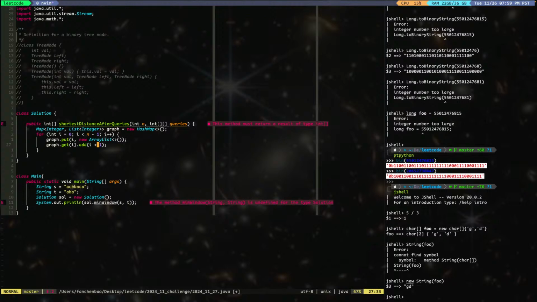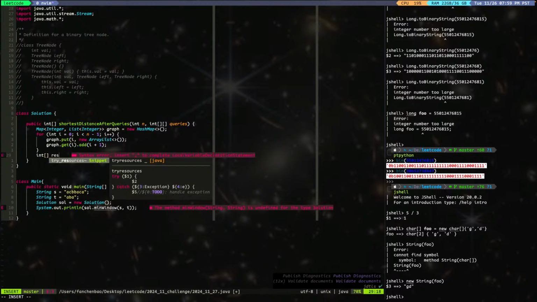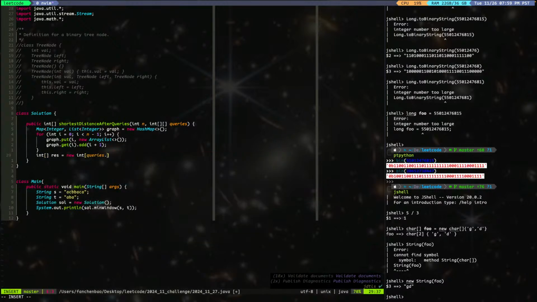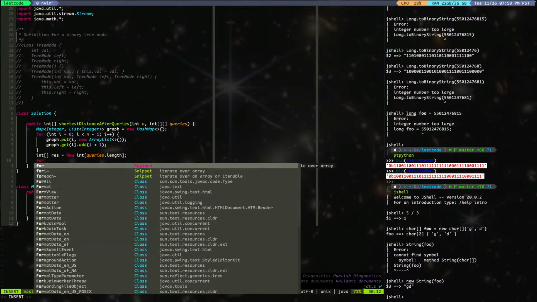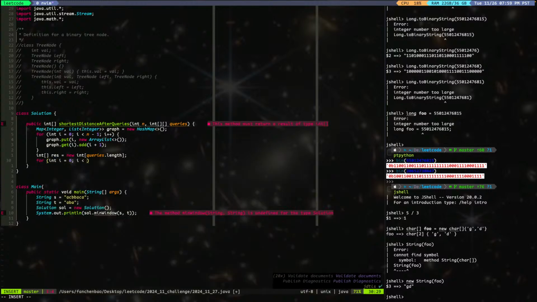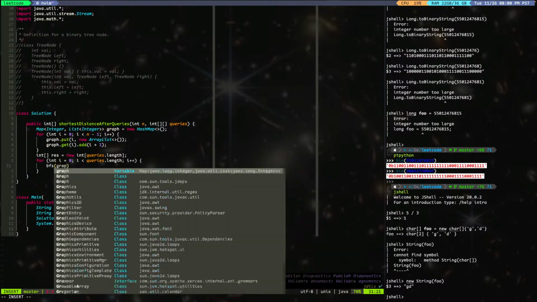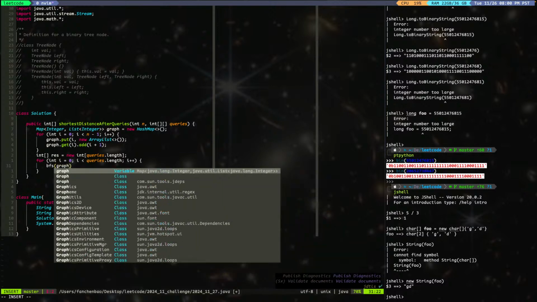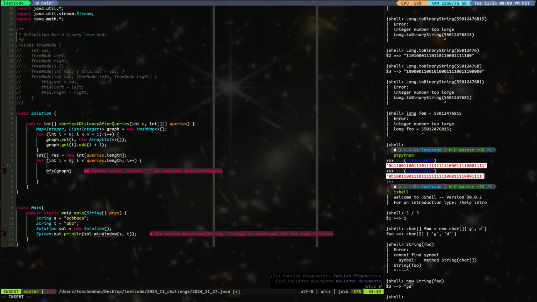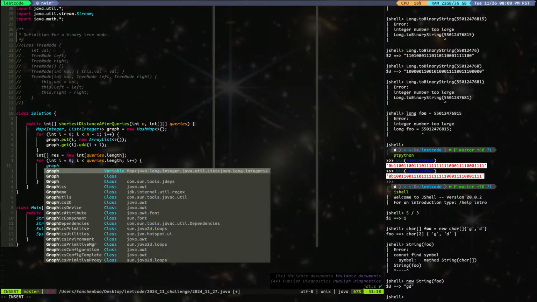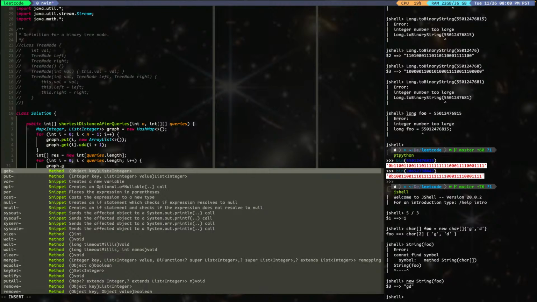All right, so we go through this, and then we have int[] res = new int[queries.length]. And for int i = 0, i < queries.length, i++, what I'm gonna do is we'll call a function for the shortest path. We'll call it BFS. Okay, so we call BFS, we'll pass the graph, and well, we first need to update the graph. So graph.get